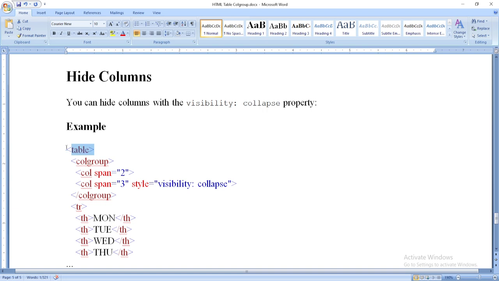Inside our table, don't forget we have our column immediately after our table. That's how it should work. But if you have a caption, you can give it a caption. After the caption, you can have your colgroup. Immediately after our table, that's where you can have your colgroup. After that, inside our colgroup, we can have col span to do the magic. So inside this col span, you can see here